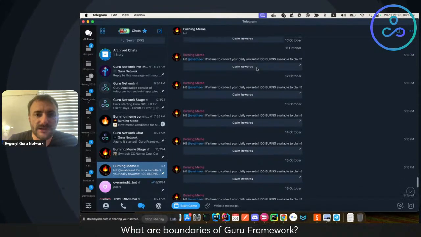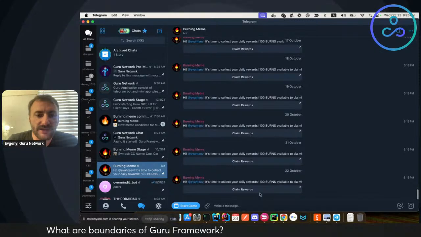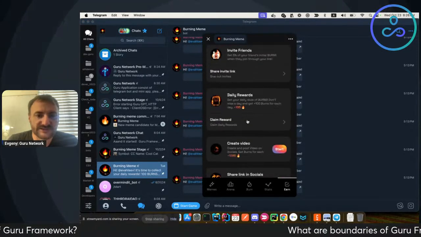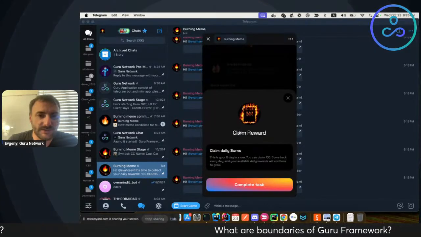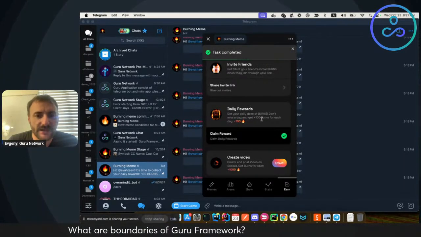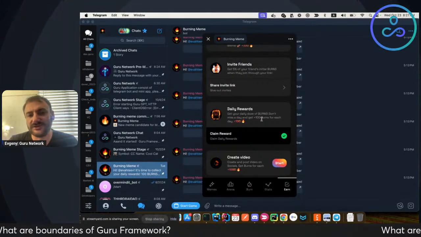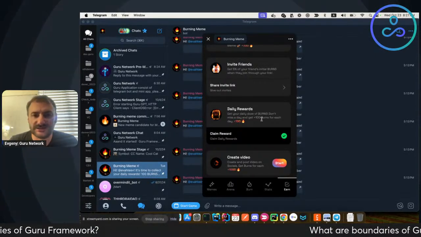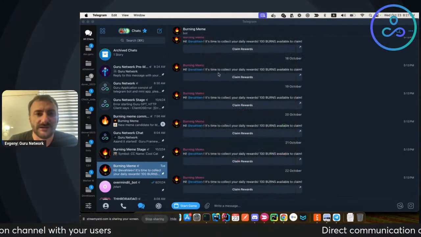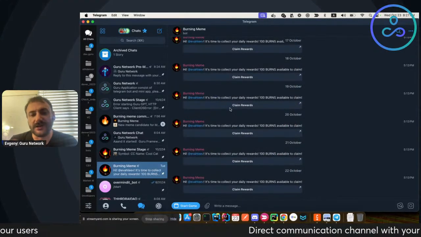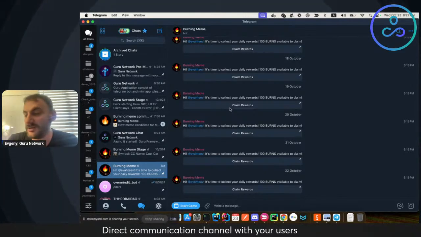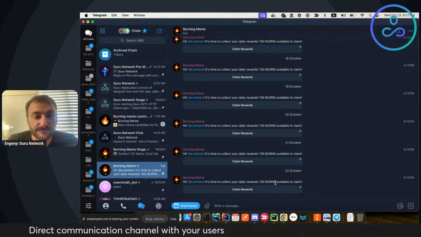For example, you see here how I enabled daily rewards quests in Burning Meme, and then Meme reminds me to claim the reward pretty much every day. And if I claim them 3 times in a row, my rewards are rising, and that's basically what we see happening here. So those mechanics with direct communications and everything are working as well and are available for you to iterate on.